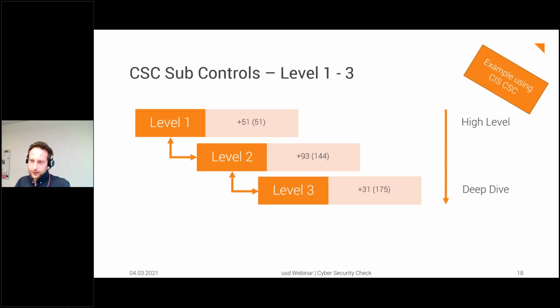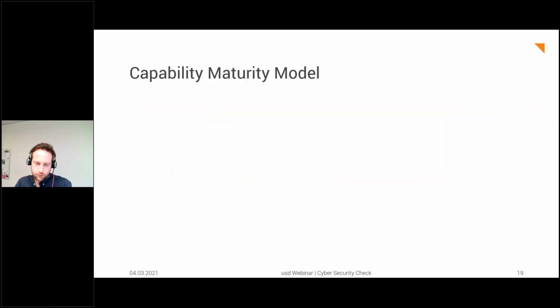So then we have our control set aligned, and now we are able to measure these controls against a capability maturity model. And you may know this. There are classic capability maturity models for IT processes out there. For cybersecurity, something is coming up along the lines, but it's very recent, quite identical, and depending on where you start, this could be a tough challenge for you.